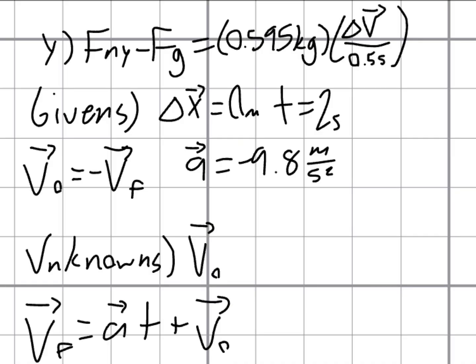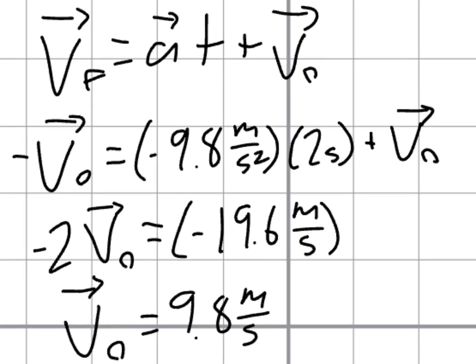Since the ball makes an arc up and down, the final velocity is equal in magnitude and opposite in direction to the initial velocity, and the change of position is 0 meters. We're also given time and acceleration, which is 9.8 meters per second squared due to gravity. Since we're solving for initial velocity, the kinematic equation, final velocity equals acceleration times time plus initial velocity, works to find initial velocity. By plugging in all givens and solving for initial velocity, we get exactly 9.8 meters per second,